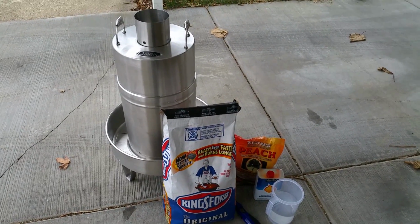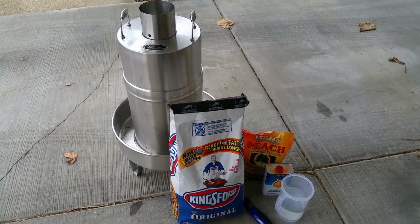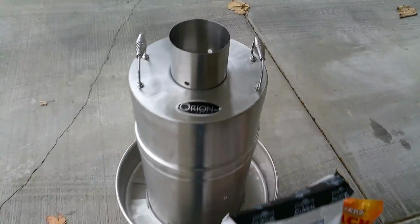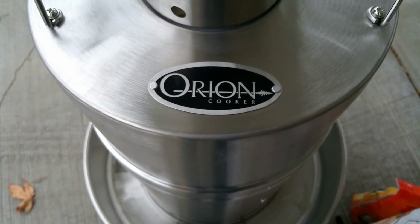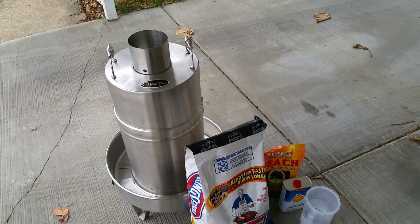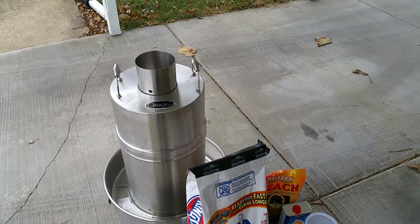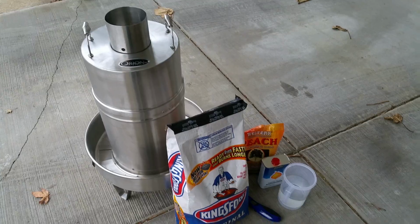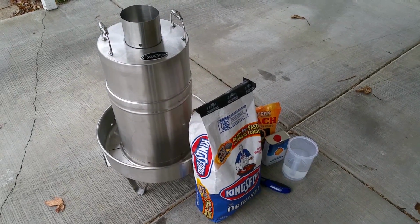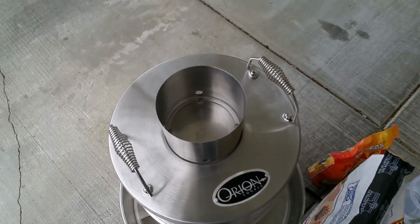Alright guys, well today I'm going to be trying to do a pork shoulder on this new Orion Cooker. I'm generally an avid smoker, put them on the grill kind of thing, use the typical side box style. I don't know, some may or may not be used to something that sort of looks like this,